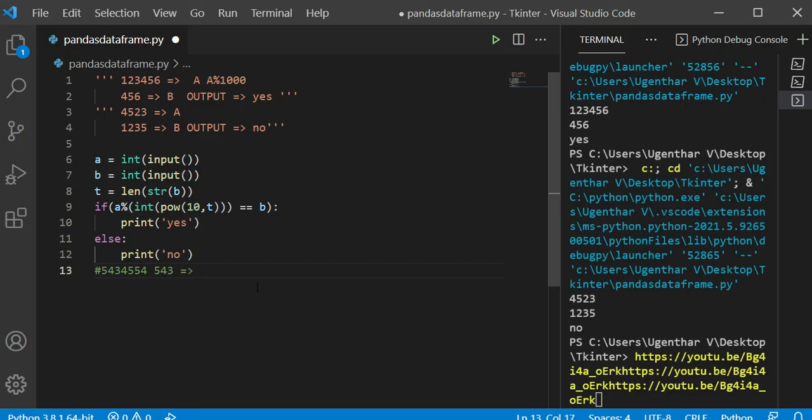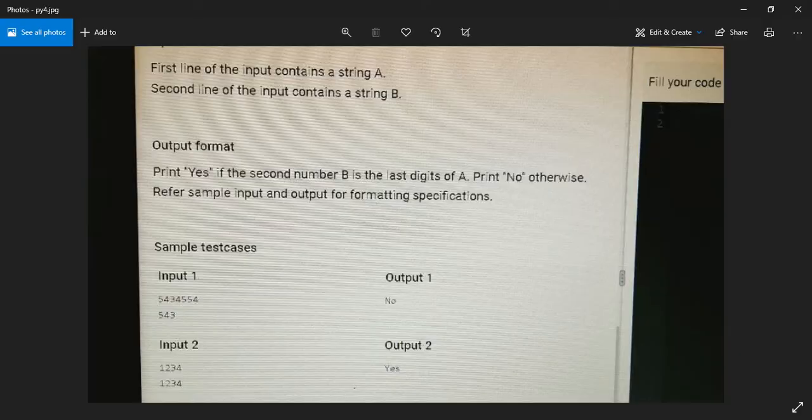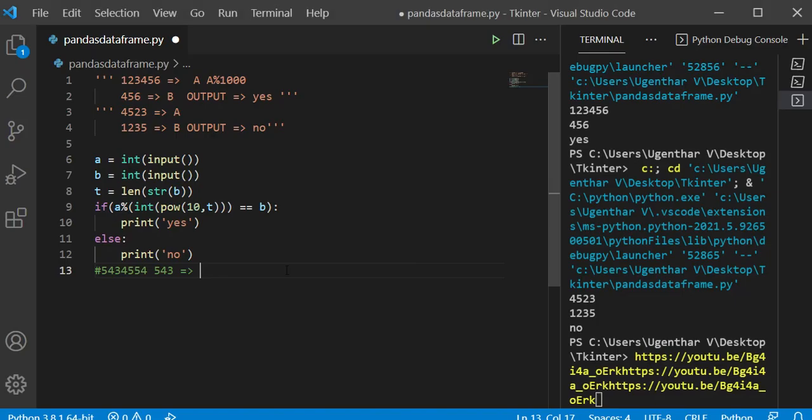The output is no. Let's take the second example.